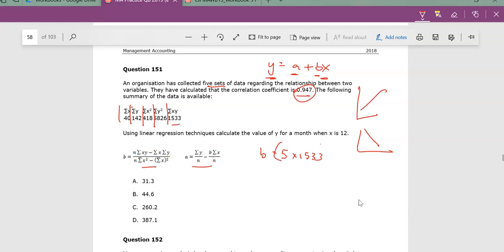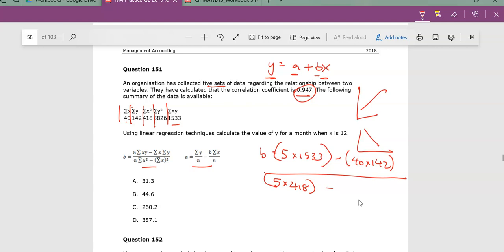So I'll just put that in brackets to make sure I don't mix it up. Minus Σx, which is 40, times Σy, and Σy is 142, divided by 5 again times just Σx² is 418,